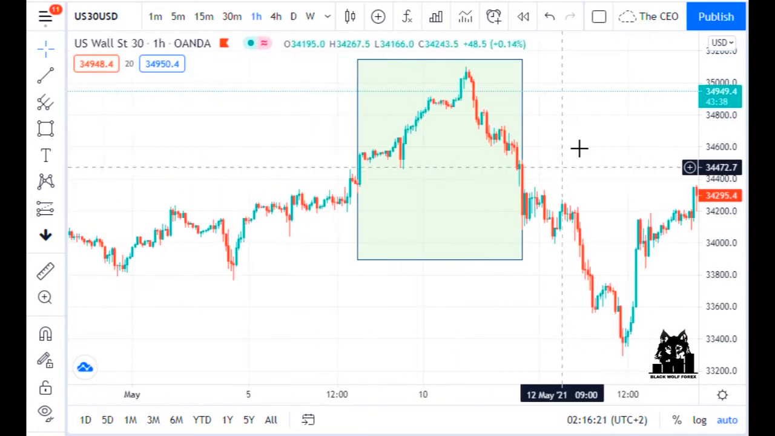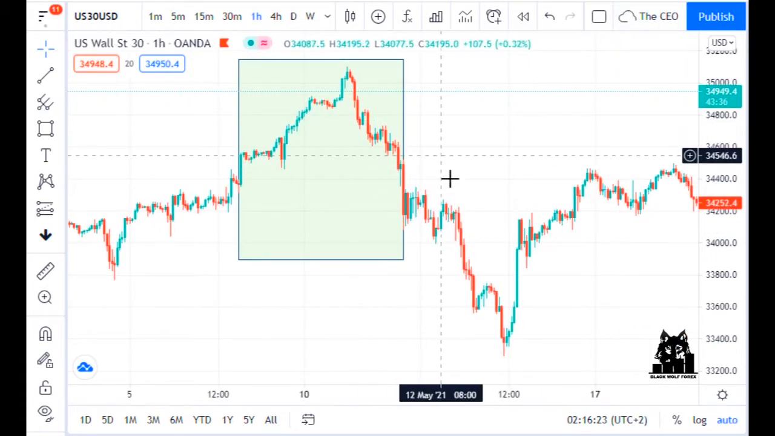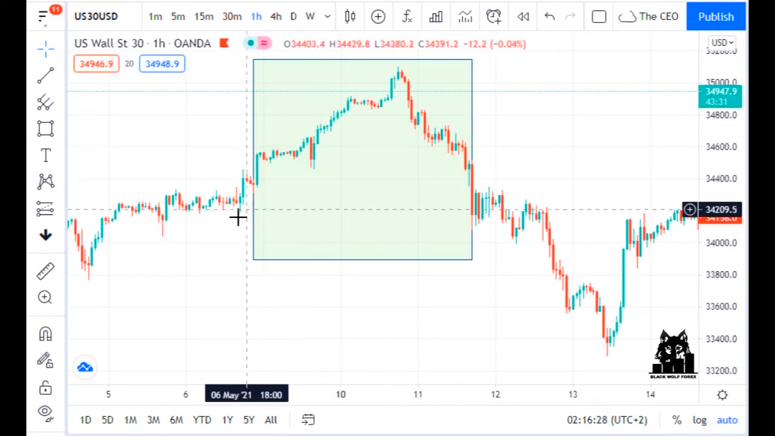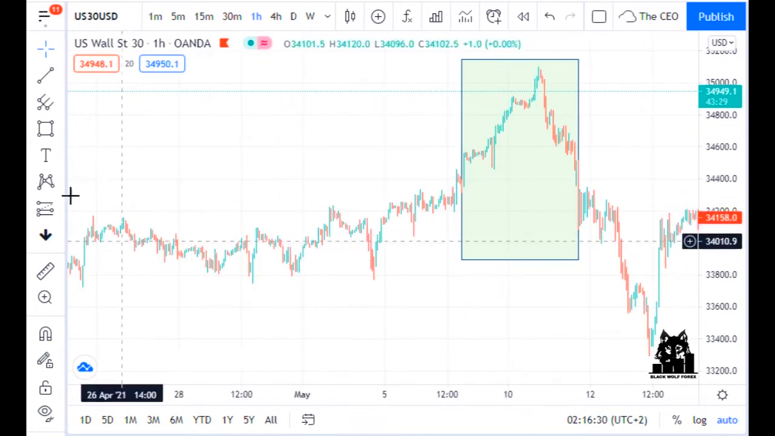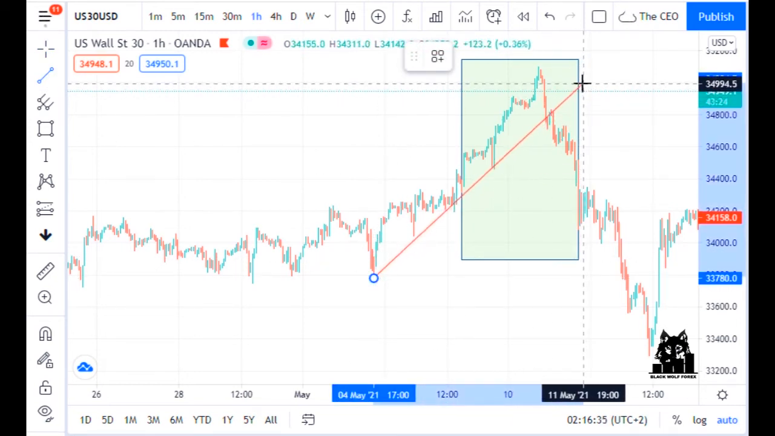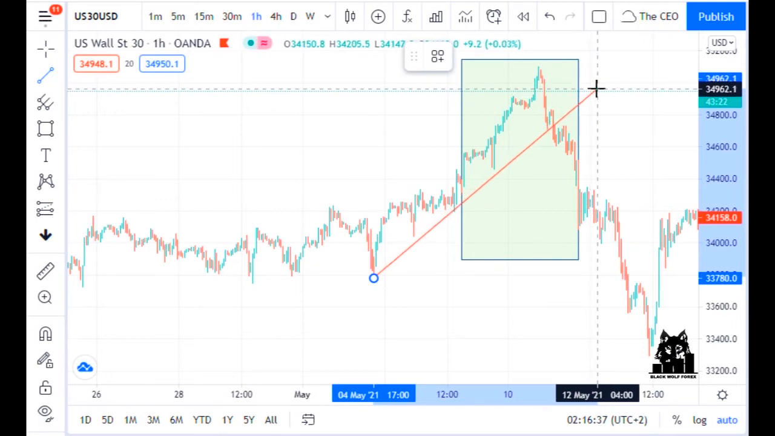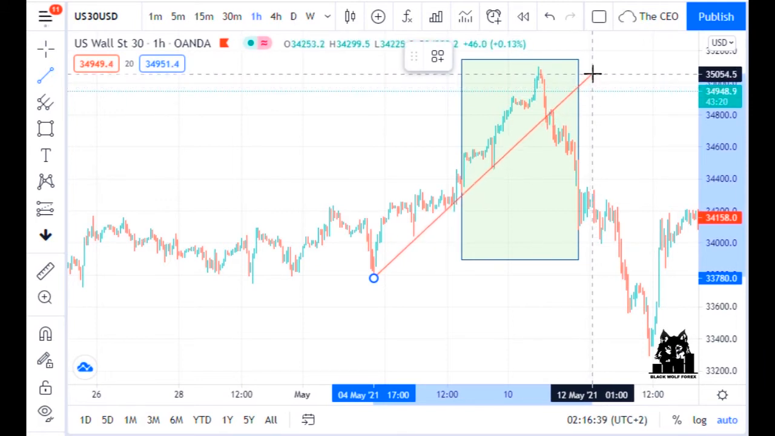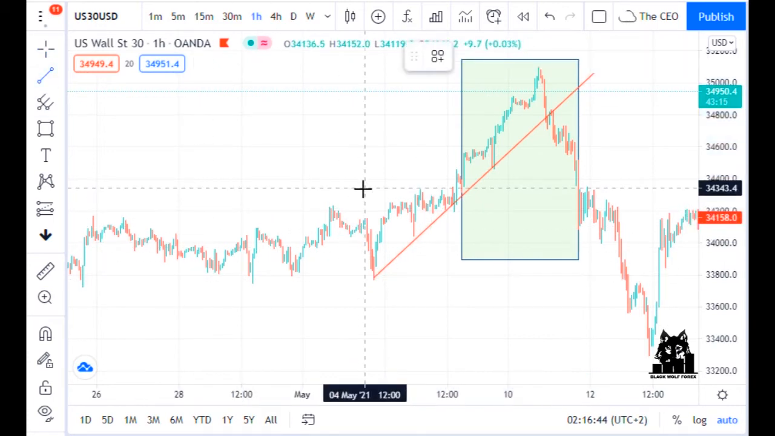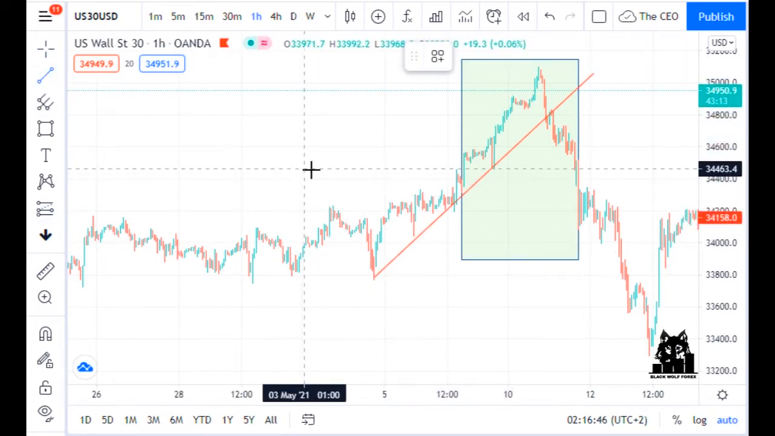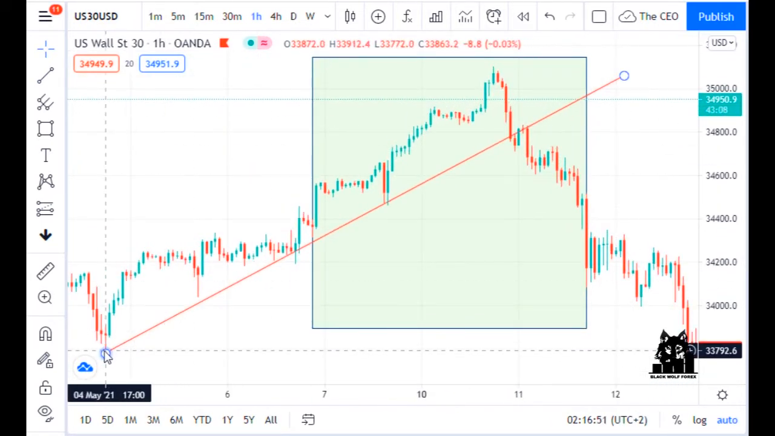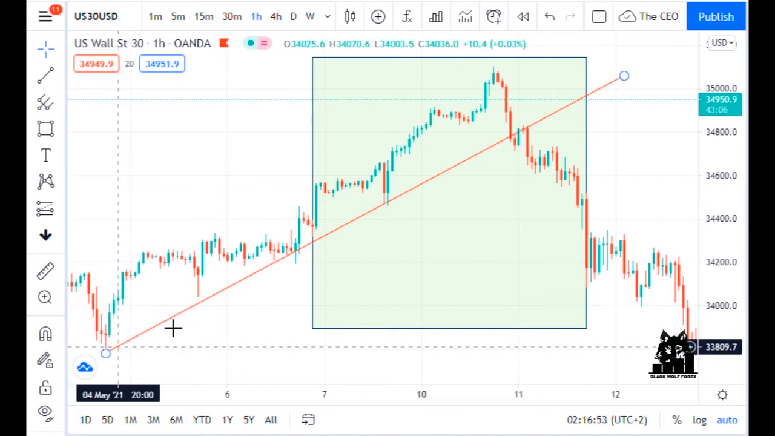Alright, let's see what we got here. As you can see here, we've been having an uptrend from here. This is our uptrend. So it's unnecessary to put it there. Obviously, every time the market hits this trend line, it goes up,